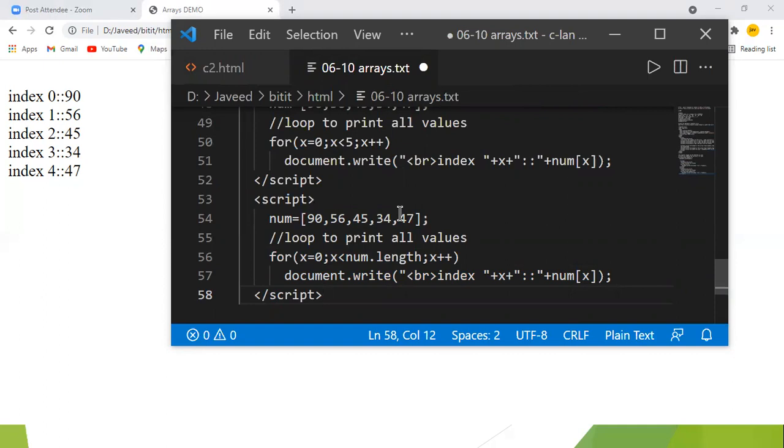Then you can make use of an array and put all the values into the array, and whatever manipulations you want to do, you can do. Like you want to find out the maximum salary or the minimum salary, that can be done using arrays.